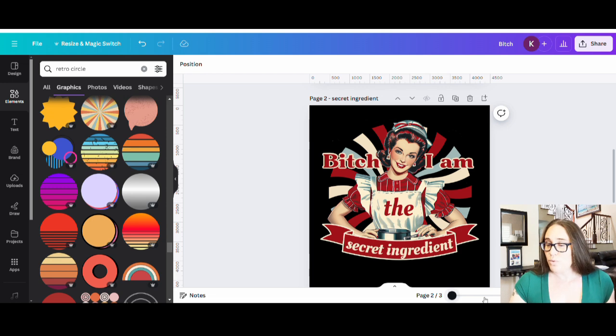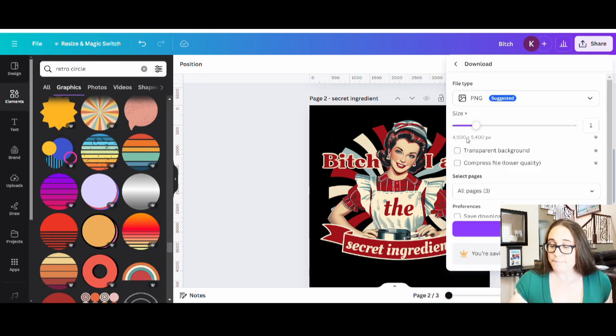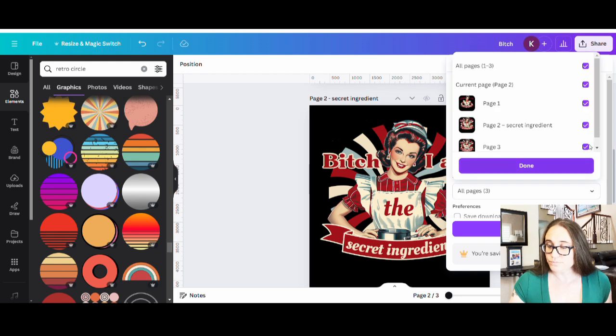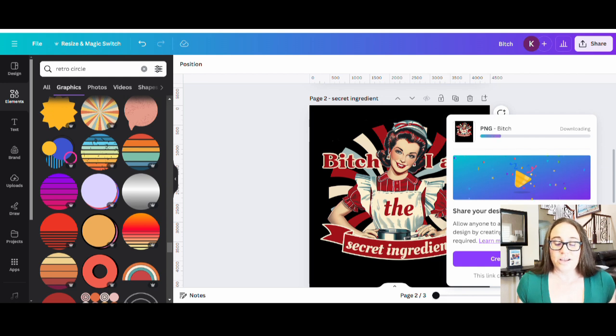So now that I have this the way I want it, I'm going to go up to share. I'm going to hit download. It is a transparent background. It's a PNG. I'm going to get the page that I want, which right now is page 2. And I'm going to hit download, and then it will be ready to go on a shirt,